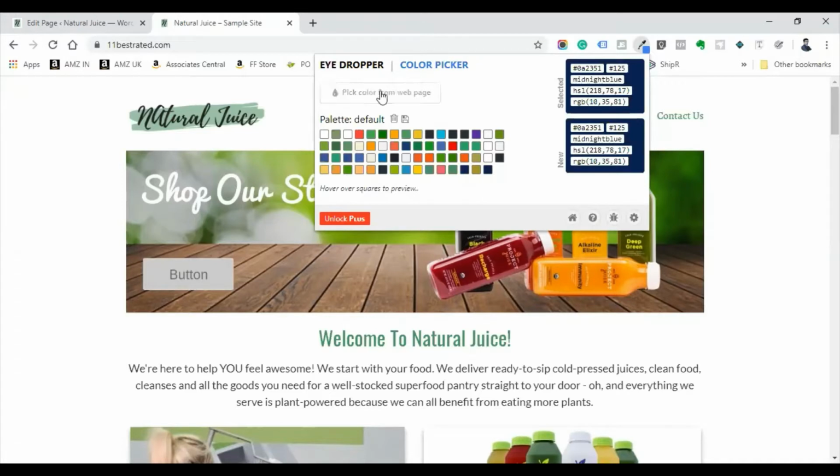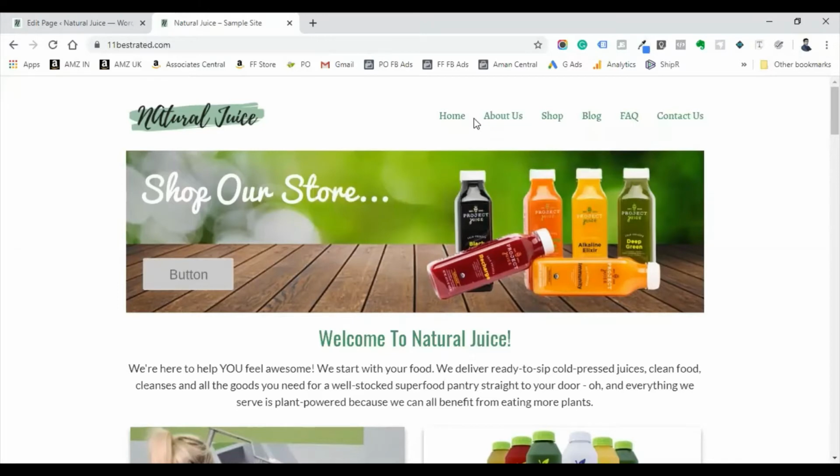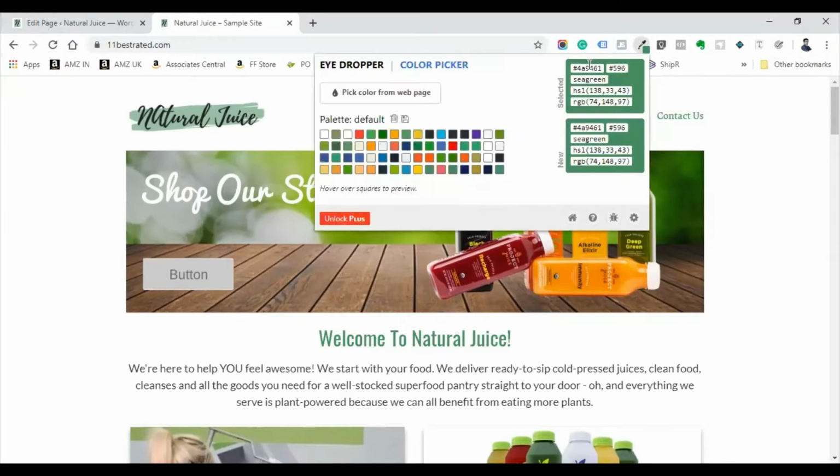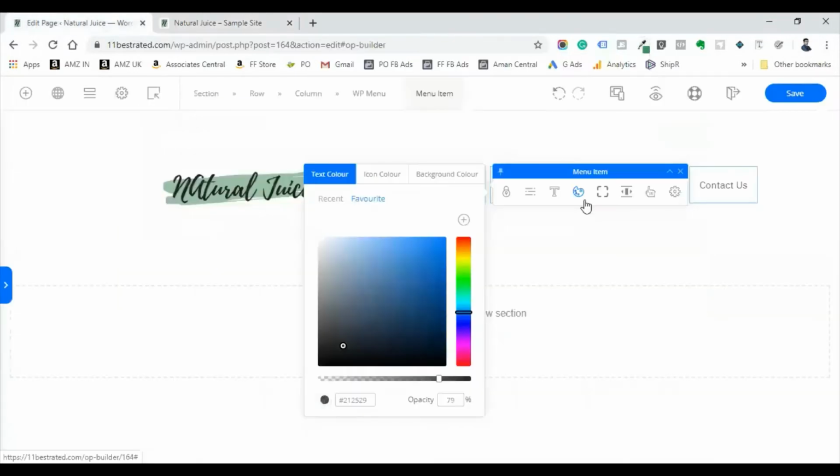Just click on pick color from this website and select the color that you want to pick. Suppose you are going to use this green color for your text, you can put your cursor there and click enter. It will show you the color and give you that color code. Here we have this color code. We can copy it and use it here in the menu section.